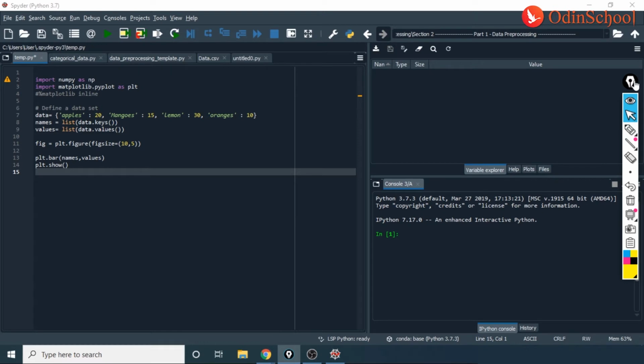Now, when we talk about working on any of these processes, that is data pre-processing techniques, it's important for us to understand that the data we get is mostly in unstructured format.